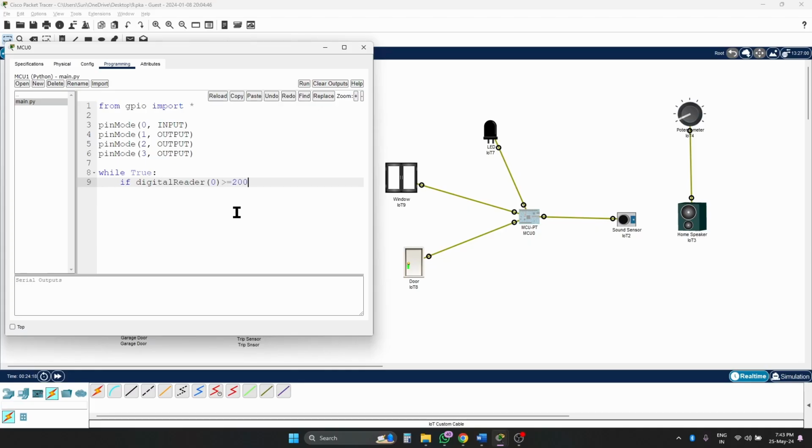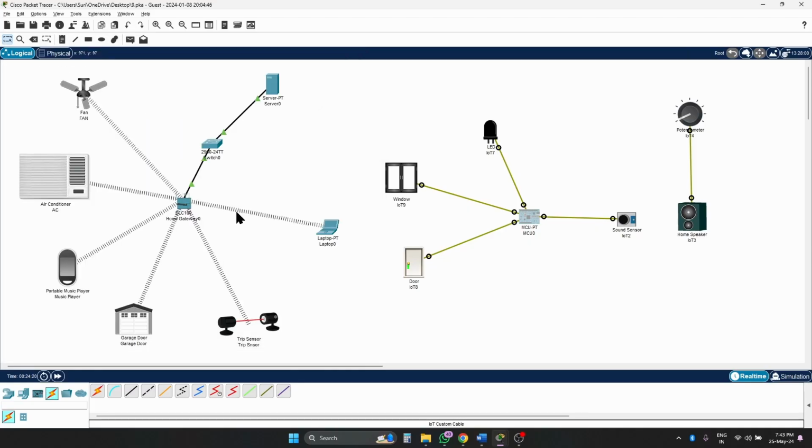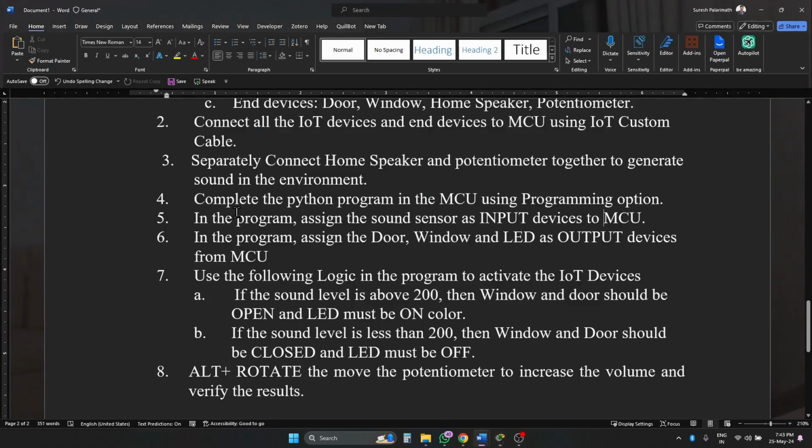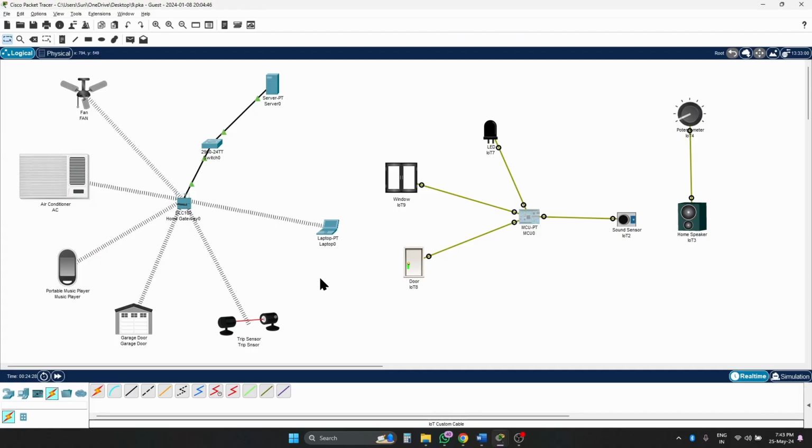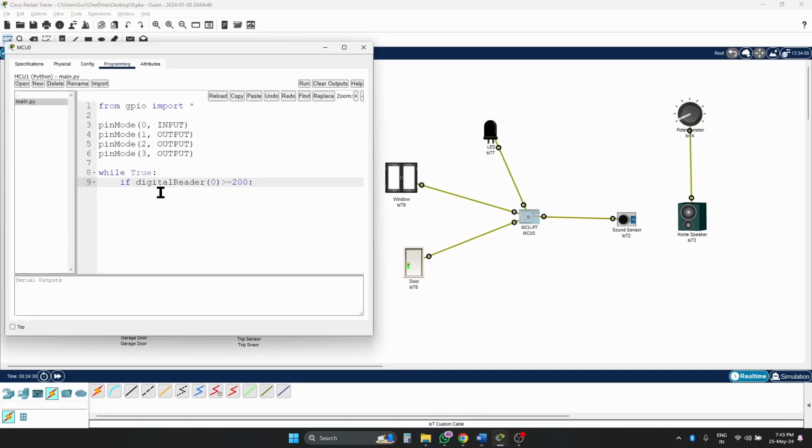This is according to the question given. You can notice here it says that if the sound level is above 200. So according to that we will write it. If the digitalRead of 0 is greater than 200, then what we want to do is turn on